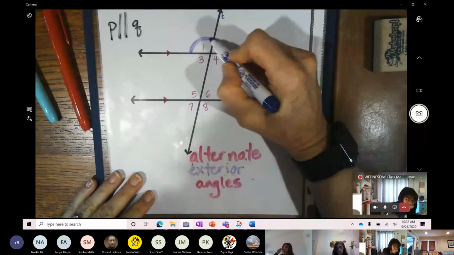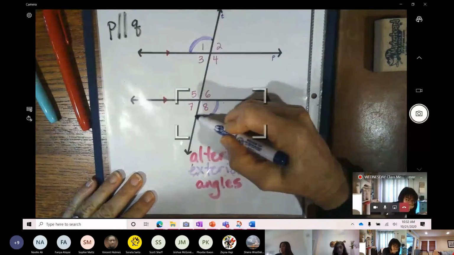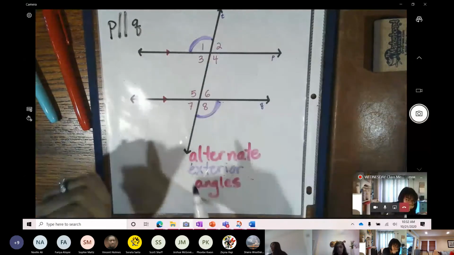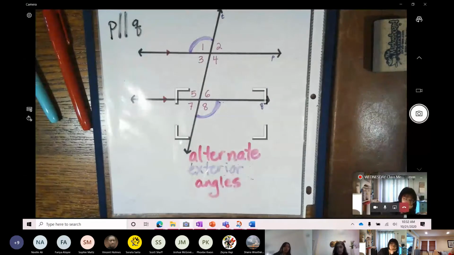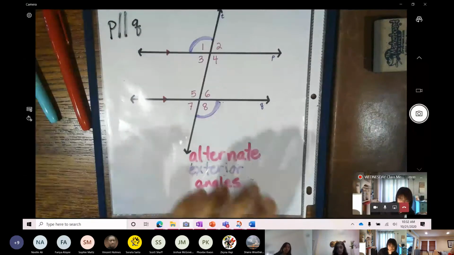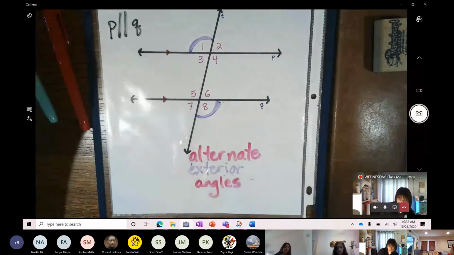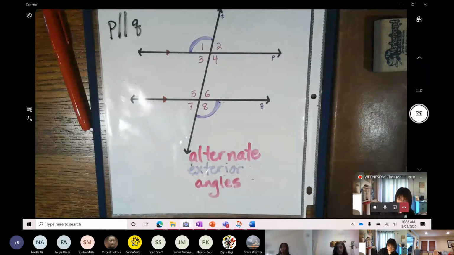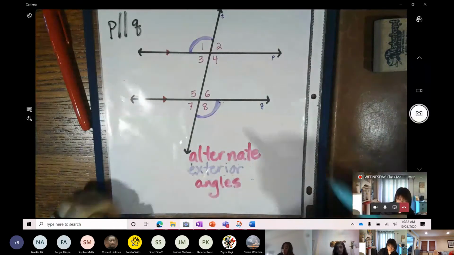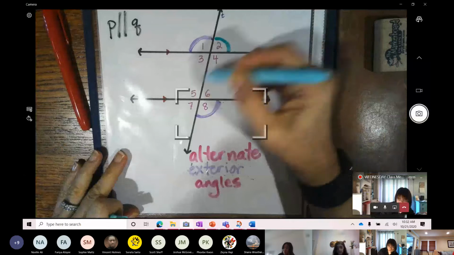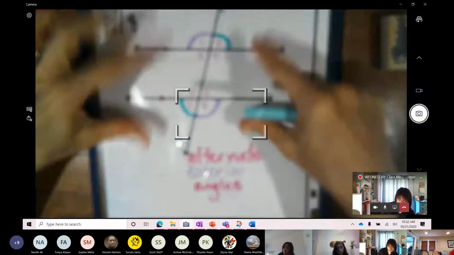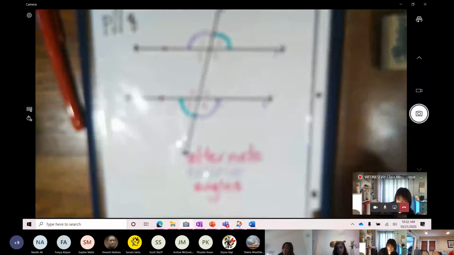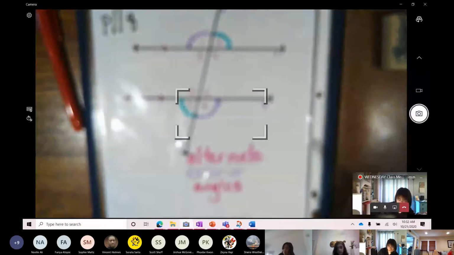So 1 and 8 are alternate exterior angles. And of course, you should be able to label the other two, which is 2 and 7. They're both outside of the pencils. They're on opposite sides of the